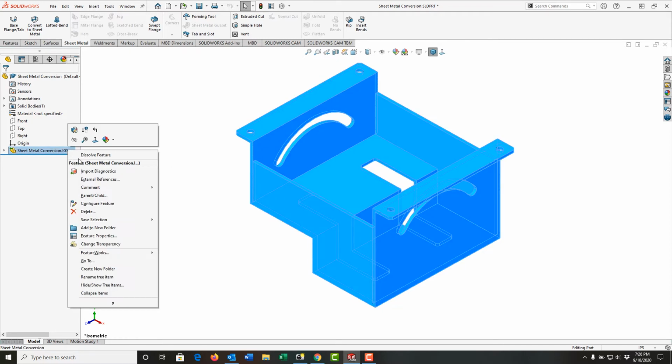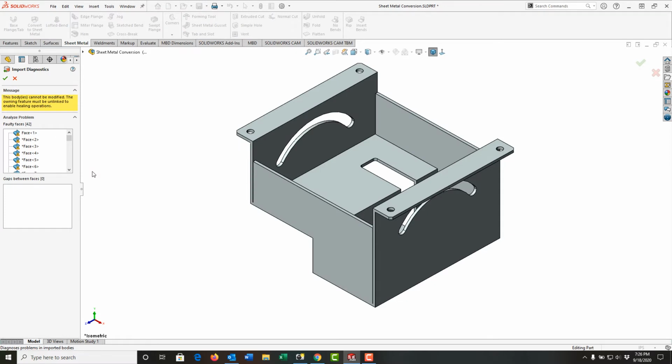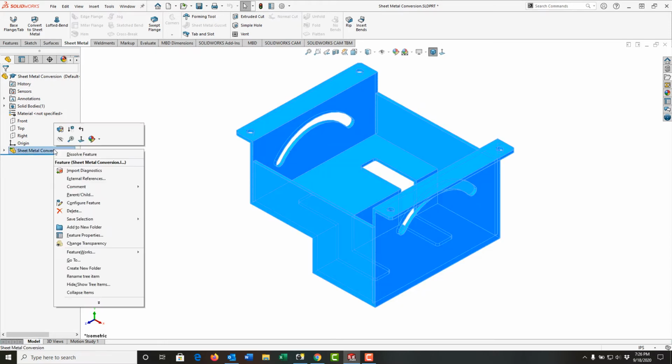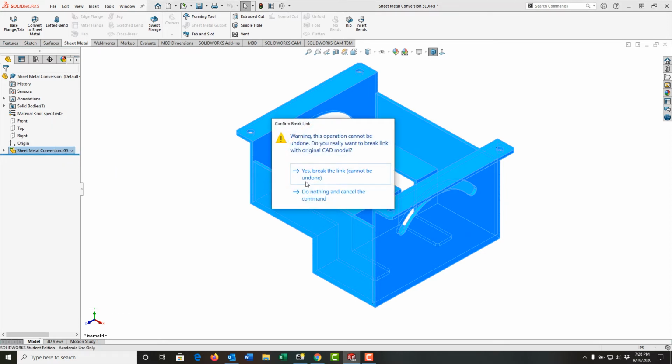So if I right click on this and say import diagnostics, we'll get this message saying we can't fix anything or modify it. So I'll say OK. To fix it, I'm going to right click on this and tell it to dissolve the feature. I'm going to get this warning and I'm going to say yes, I need to break the link to the